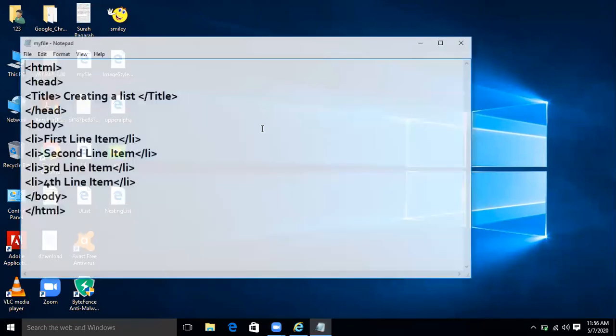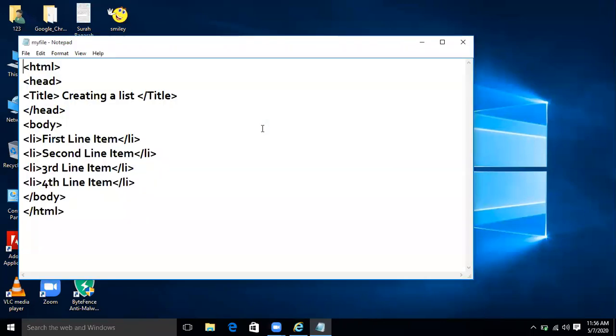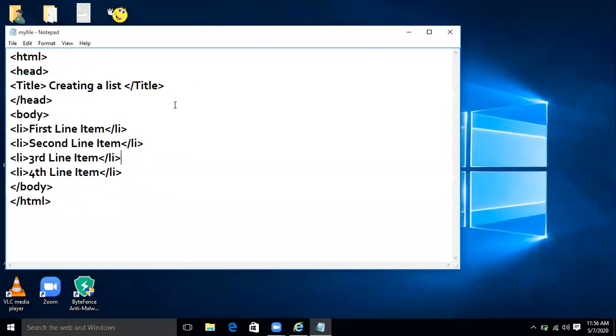This was the code that we had done last time by making a list. These are the tags which are used to make the list. So we made the list of some items in HTML language, and then we saw the output.